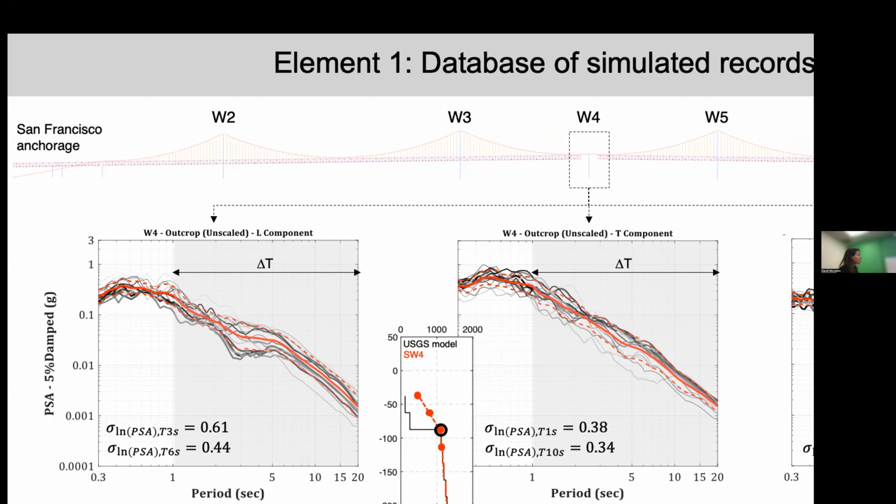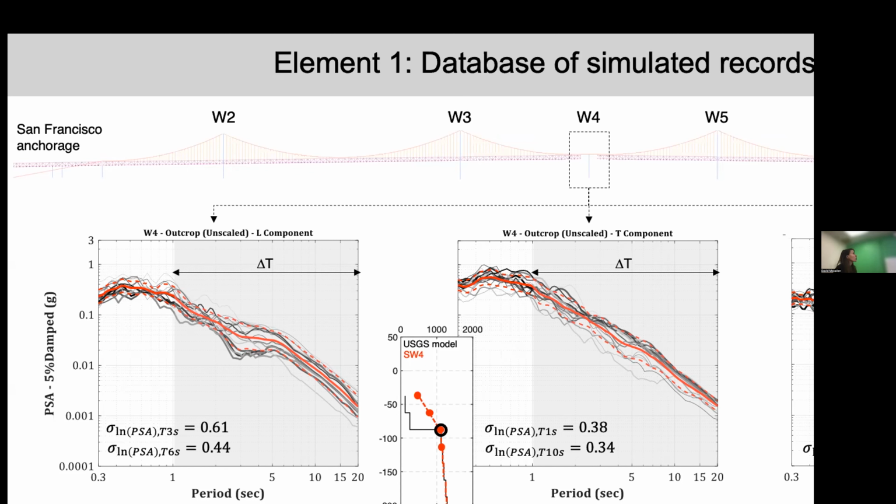And here we started looking at the between-event variability and within-event variability across this final set of 15 realizations. And just to give you a sense, we also looked at the spectral bandwidths of interest for the response of the bridge. It will be clear by the end of this presentation. At the beginning, we were focusing on the bandwidth around 10 seconds, which is the fundamental period of this structure. And we were looking at the period of 3 seconds as well. However, then we had to realize that what is really driving the dynamic response of this bridge is the second period of vibration of the towers, but I will get to this in a second.